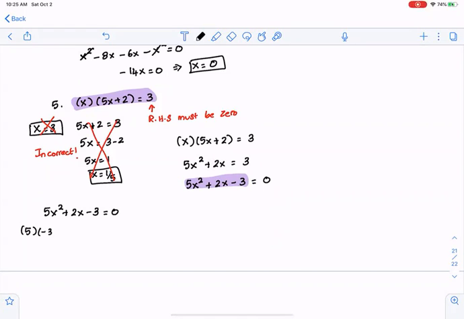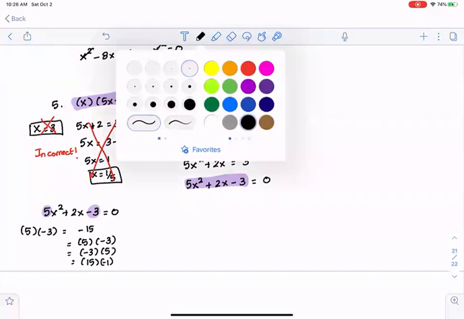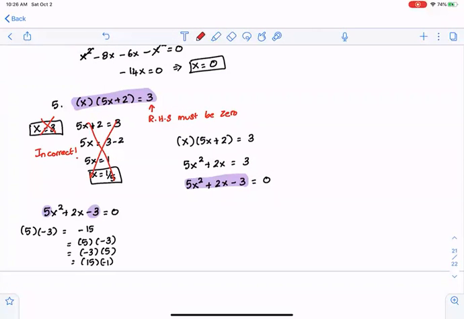We have 5 times -3 from this number and that number, which would give us -15, which we can write as 5 times -3, -3 times 5, 15 times -1, or -15 times 1. Those are the only possibilities. And 5 minus 3 is 2. That works, so the other two don't matter. So 5x squared plus 5x minus 3x minus 3 equals